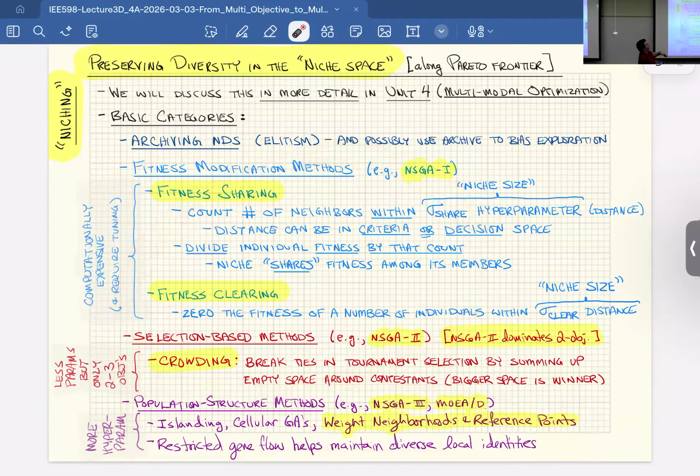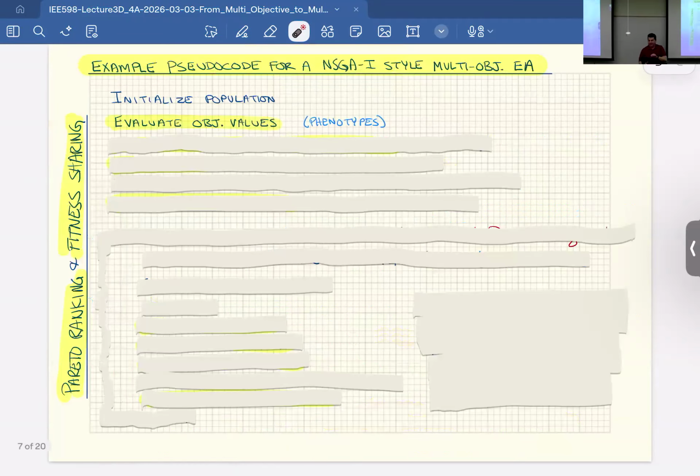Okay, so those are the four major categories of niche preserving approaches, and there are wide variations of each one of them. We're going to show a couple concrete ones with multimodal. But that's the basic idea. Again, we're going to see more about each one of these in a little bit. Generally speaking, I'm just trying to set the architecture here: you've got Pareto ranking, which tries to be sucked towards the Pareto frontier, and then these fitness preservation or niching methods try to spread along. Okay, so with that in mind, let's talk about fitness sharing.